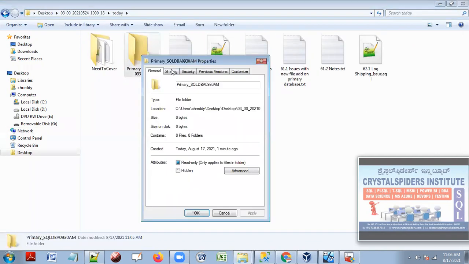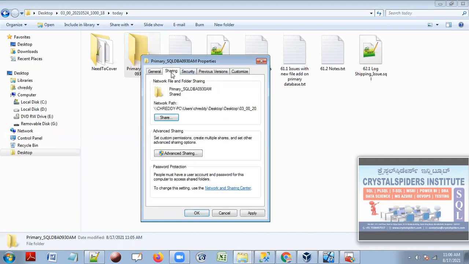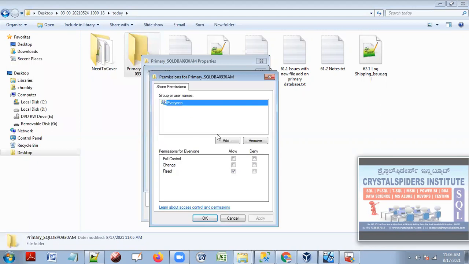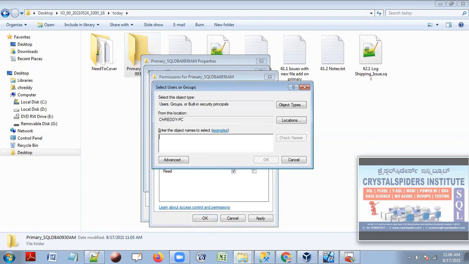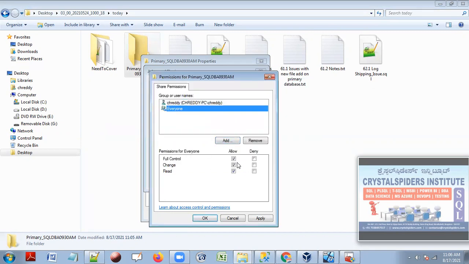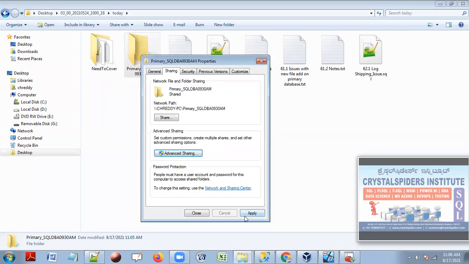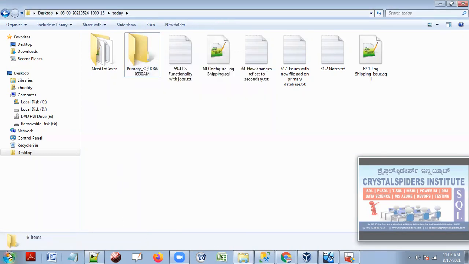Let me go to properties and go to the sharing here. Go to sharing and click on advanced sharing. This is how I will do it every time, guys. Shared folder, this is what it is, and permissions. I'm going to add everyone with full control, or else I will add only the CHRD account here, because I would like to give access only to CHRD, not to everyone, guys. And CHRD full control. Only for CHRD, I'm giving full control on this path, and say apply and okay, apply and okay, apply. Guys, if you're not giving the proper permissions, then it will be a problem again. So now I'm going to open the network path.